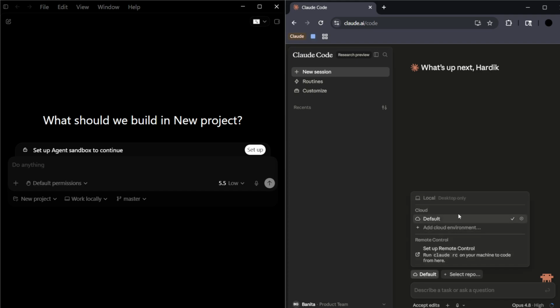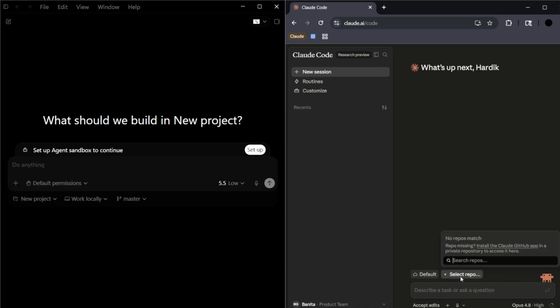We have this option, from where we can select the particular environment, like the cloud environment or remote control, or currently it is the local environment. From here we can also select any particular repository. If you wish to work directly on a repo and it says repo missing, we can simply install the Claude GitHub app in a private repo to access it here. You will need to install the Claude GitHub app onto that particular repository which you wish to access